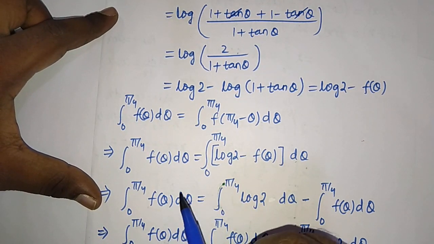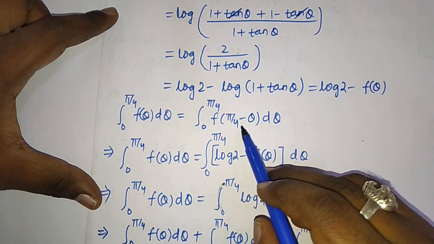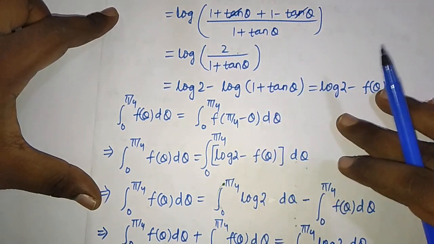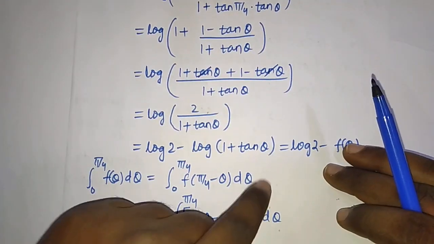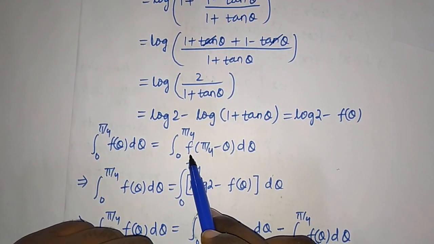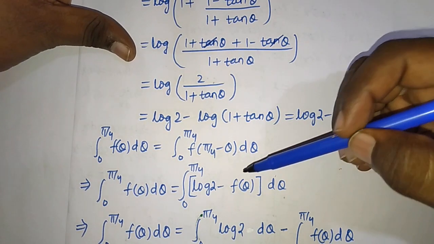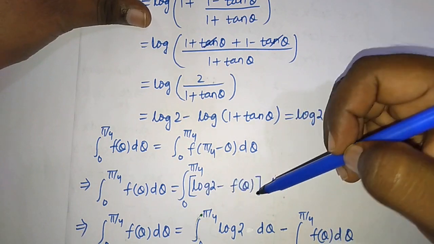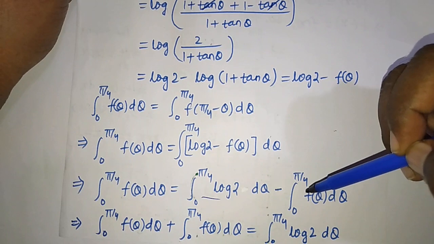Okay, now see, f of pi by 4 minus theta, here we have solved f of pi by 4 minus theta, and we have got log 2 minus f of theta. So in place of f of pi by 4 minus theta, I will put log 2 minus f of theta. Now, the integration of log 2 minus f of theta is equal to the integration of log 2 minus the integration of